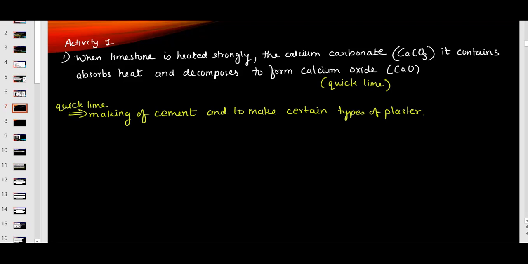Okay, so let us write the chemical reaction here. Calcium carbonate is heated. It is going to decompose and it will give calcium oxide. When it gives you calcium oxide, it is also going to release carbon dioxide gas. This is what is happening when this reaction takes place. This type of reaction we call a decomposition reaction.